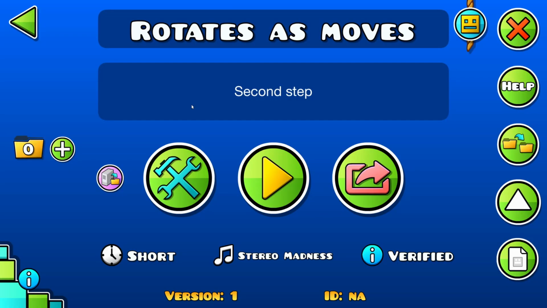Now that we have the theory, how do we do that? As you may know, it's not possible to use moves and rotates at the same time because it just messes up everything. So we need to find a way to use rotate triggers as move triggers. And for that, we have a really simple trick using just some